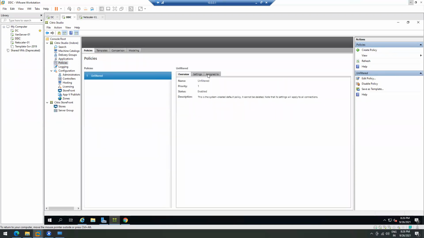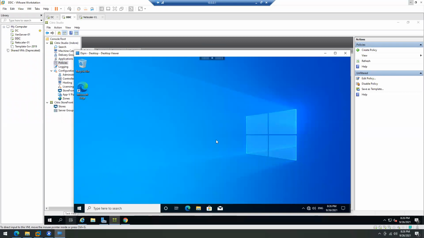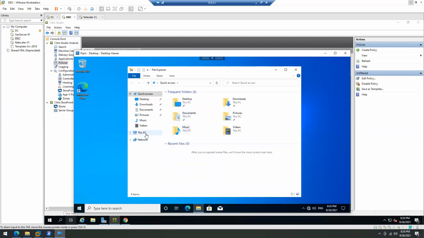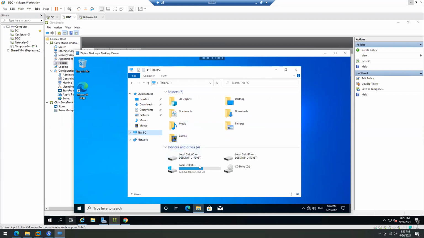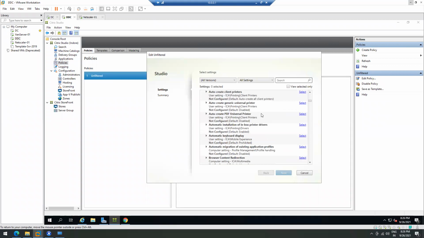From the settings, this is our policy, and we can edit that policy. Right now, as I open the C drive, you will see local drives are getting listed here, correct? So we want to restrict those drives. We have multiple options in group policies here. Thousands of options are there, correct?